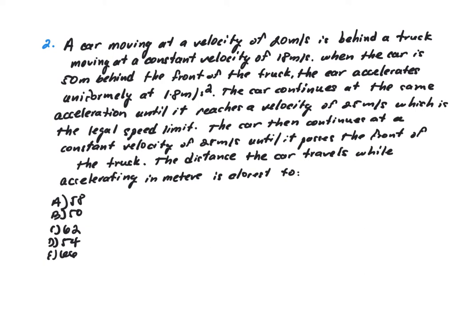per second squared. The car continues at the same acceleration until it reaches a velocity of 25 meters per second, which is the legal speed limit. The car then continues at a constant velocity of 25 meters per second until it passes the front of the truck. The distance the car travels while accelerating in meters is closest to... Okay, so in this question, we're going to be using the same formula that we used in question 1,